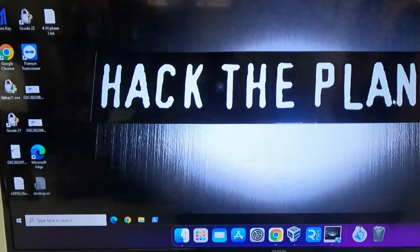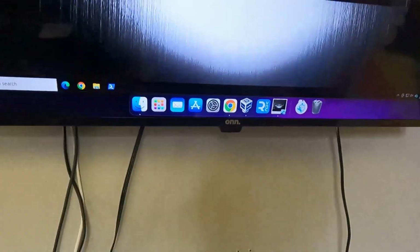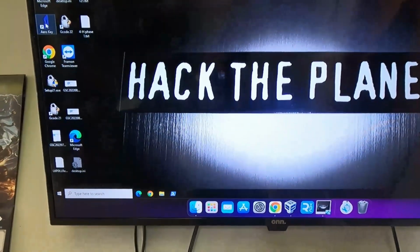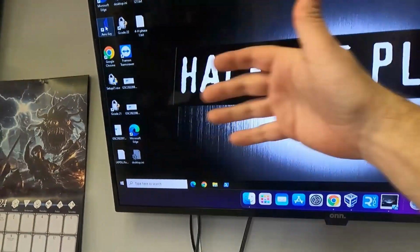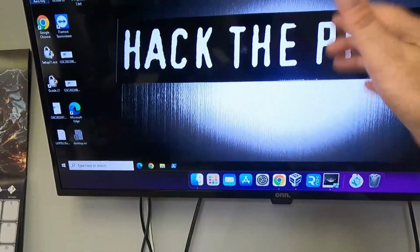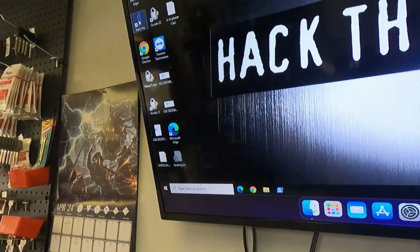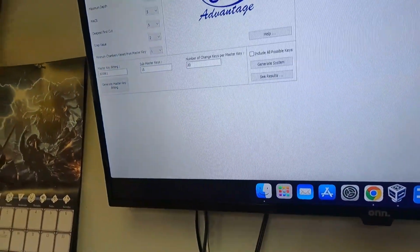So like I said, I use Aero, which I run on a virtual Windows machine. Let me get some of the crap out of the way here. And I do that so that if need be, I can start this virtual machine here at the shop, have all the same software. I also sync the files for this virtual machine to my home computer, and I can fire it up there too if needed. So if I'm at home and someone calls me, I don't have to come all the way here. But let's...